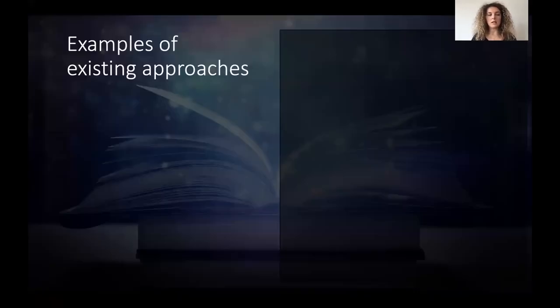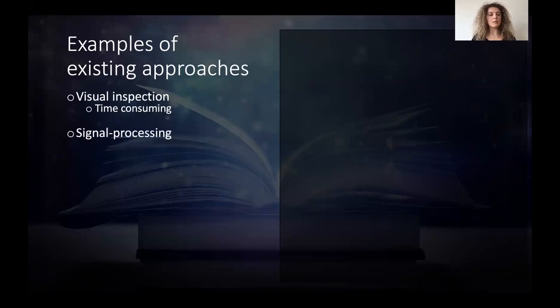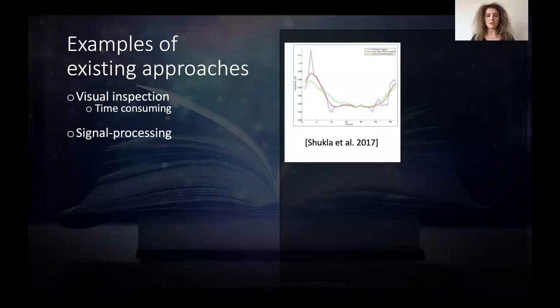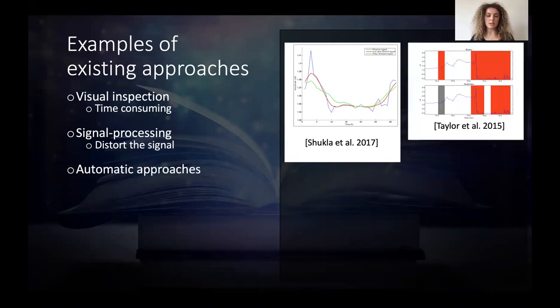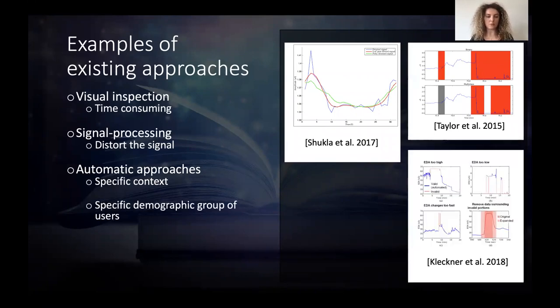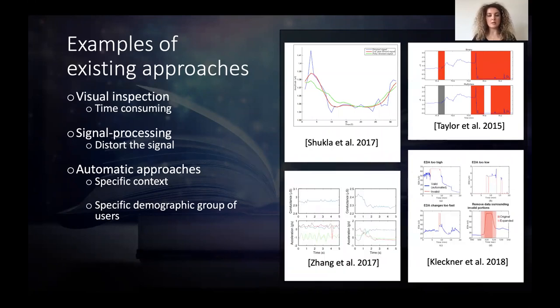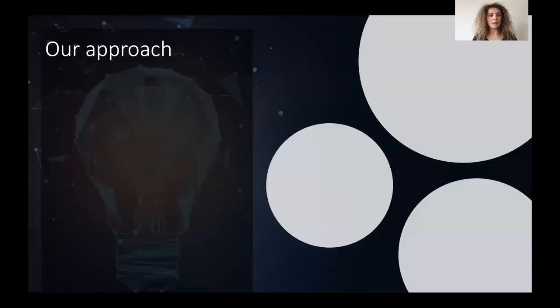Existing approaches to identifying artifacts in electrodermal activity data include visual inspection, which is cumbersome and very time-consuming, and signal processing techniques, which distort the signal and make genuine physiological responses resemble artifacts, or vice versa. Existing automatic approaches have mainly been tested on data collected in a specific setting or from a specific demographic group of users. And all of the existing approaches do not consider the impact of contextual information for this problem. Thereby, in this paper, we present our approach on